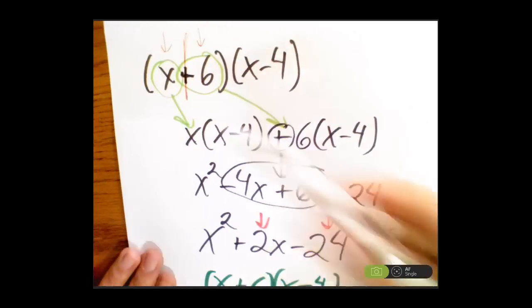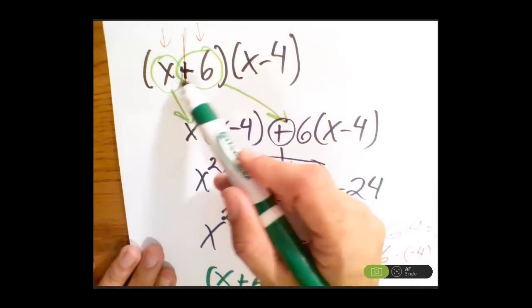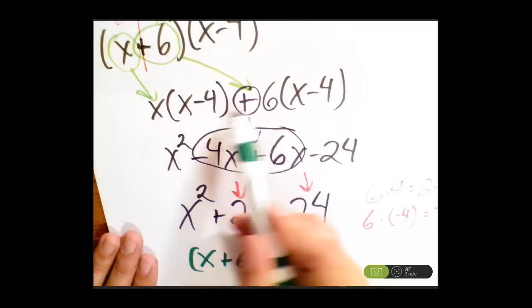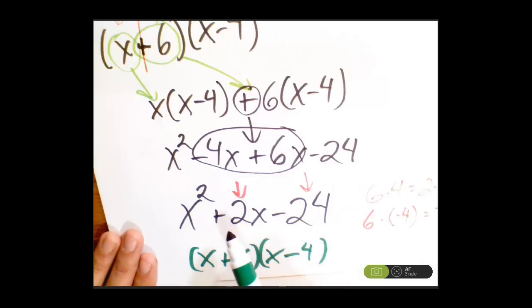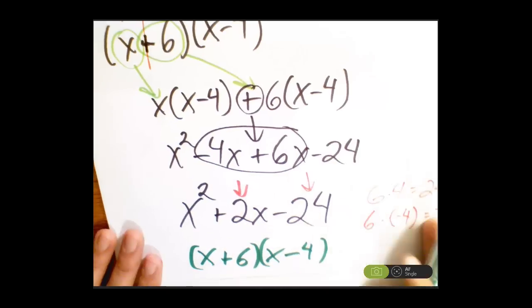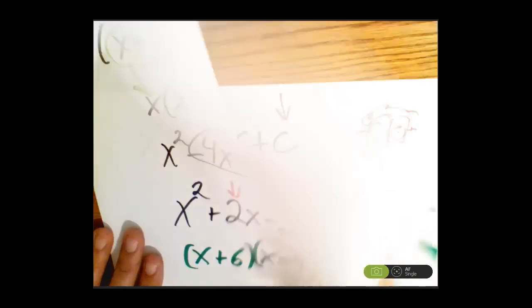Oh my gosh, I did it in the previous video. And I see here that x plus 6 times x minus 4, following the pattern of the distributive property, gets us down to x squared plus 2x minus 24. Now the issue is,